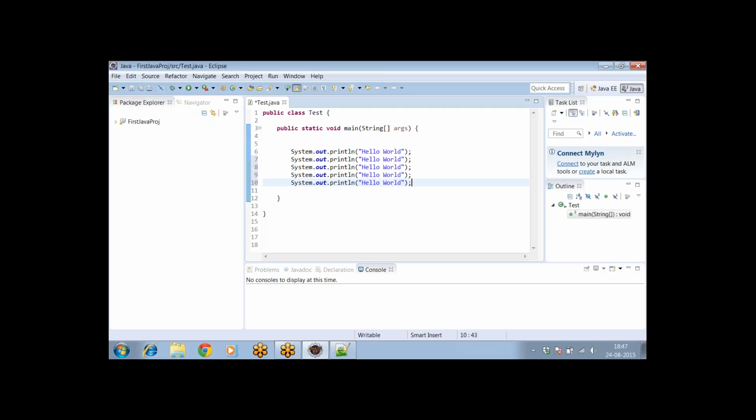This is not a big deal here. If we have to print it 5 times, okay, we can add that system.out.println statement 5 times. It's not a big deal here. Yes. But imagine, suppose you have to print that statement,